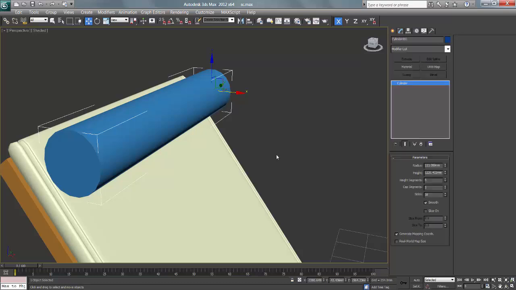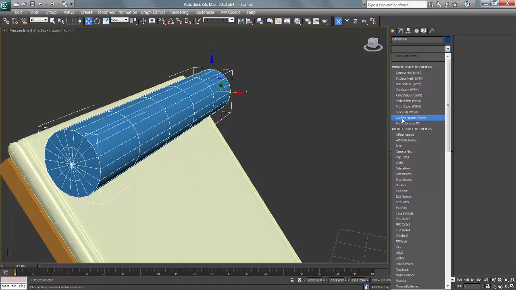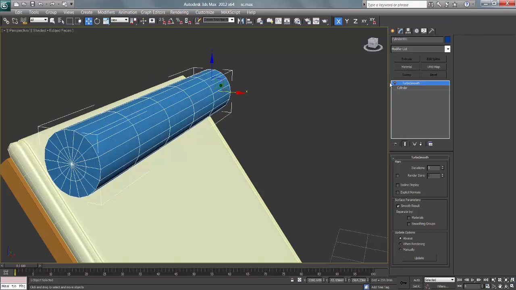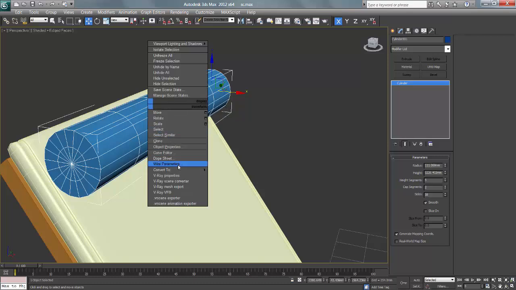now I'll just check these segments. I want cap segment as well, and if you add turbo smooth, so this is what is happening, and we don't want this. I want segments over here. I'll just convert this into editable poly,